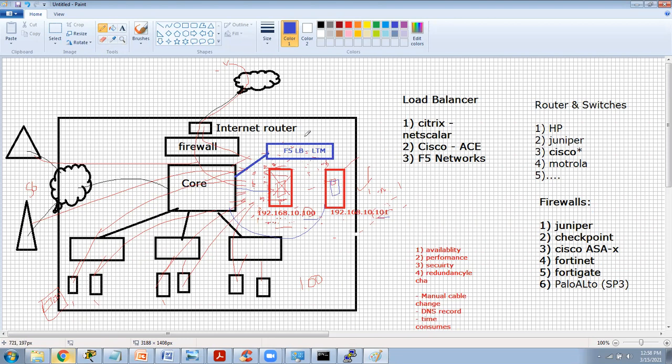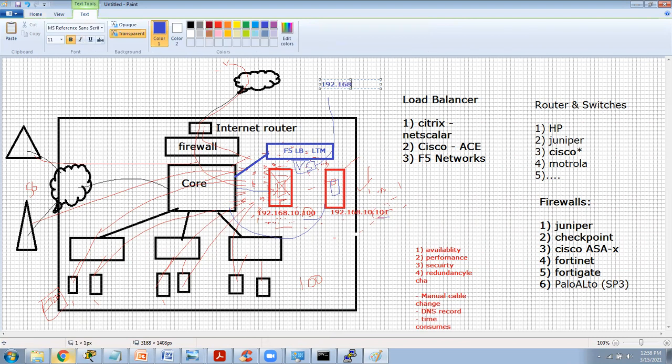That is called a virtual IP address, or also called a virtual server, VS. And this virtual server will have an actual IP address, so it will have 192.168.10.10, and your